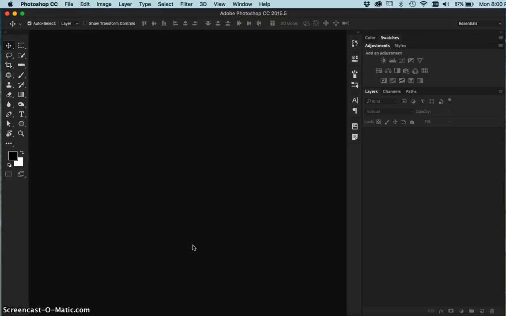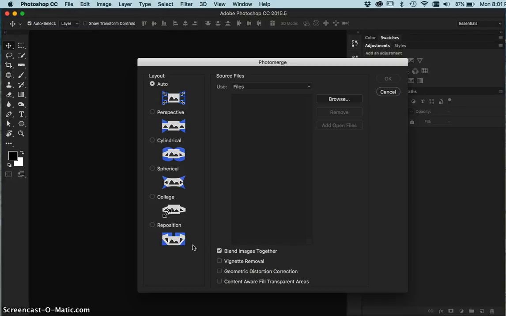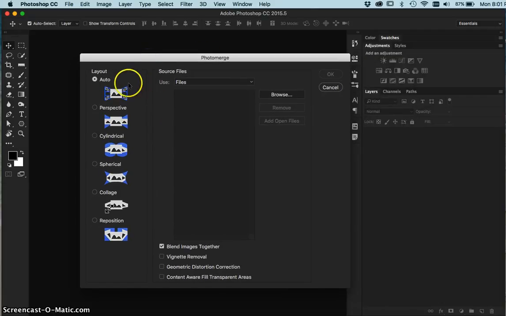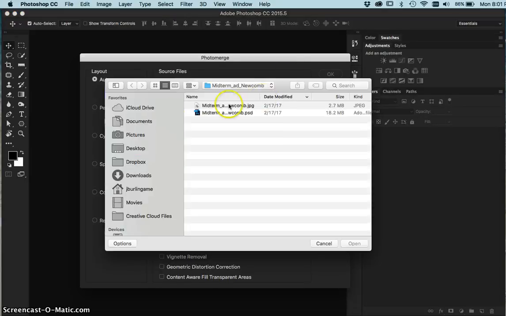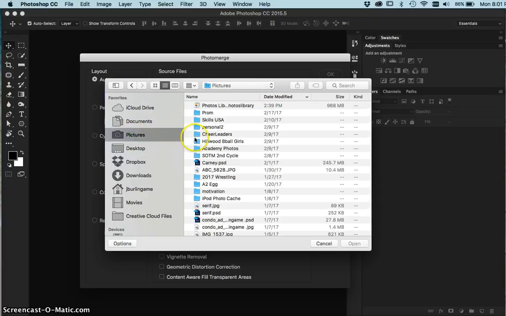And keep in mind I'm on a touchpad here, a trackpad. It's kind of a pain in the butt to do things. When you see the photo merge window, please leave it on auto for this project's purpose only. Leave it on auto, and you're going to see this window appear. There's no files under source files. You want to click Browse, and I need you to browse to the extracted images from the zip files you